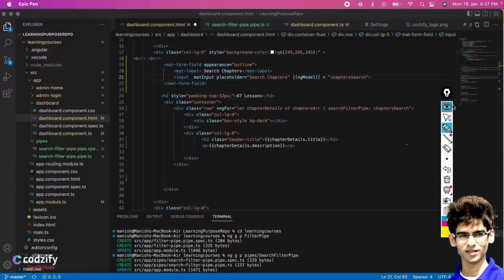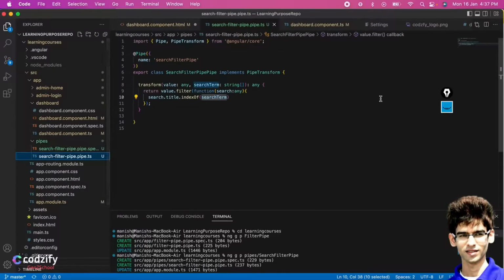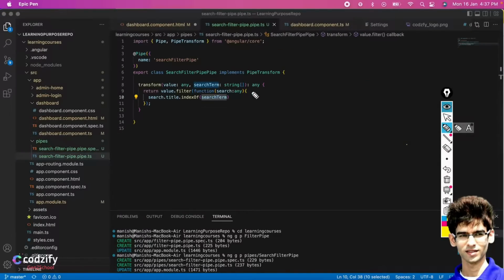The search filter pipe will get ang inside this argument, and among all the values from the array, it will filter. All the chapter details we have added, all the values from all the array objects, it will search for Angular based on this title. If Angular is this and the last one, it will filter out and display only those values.